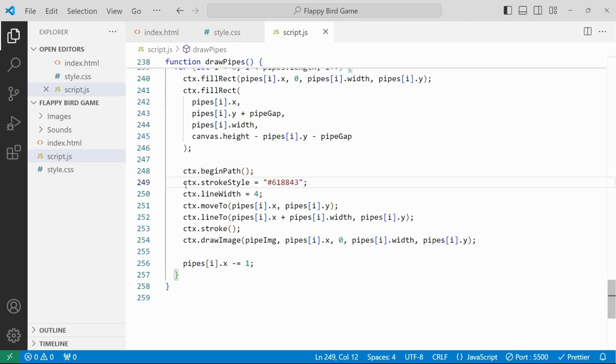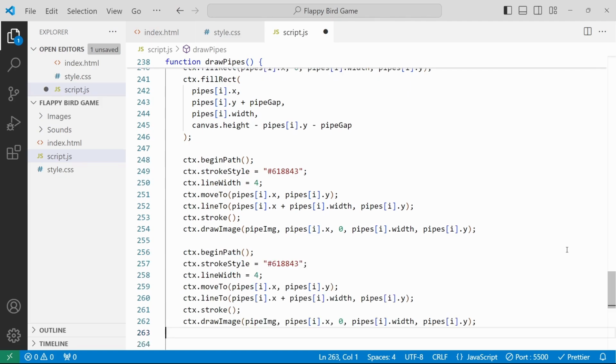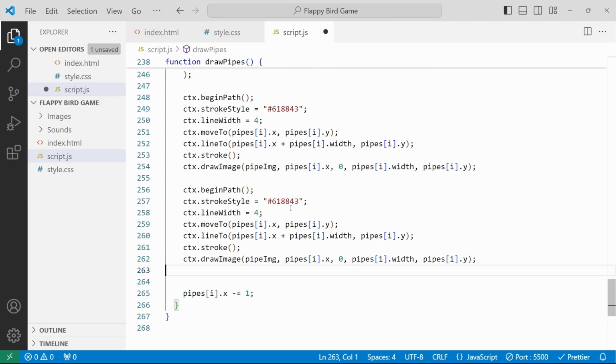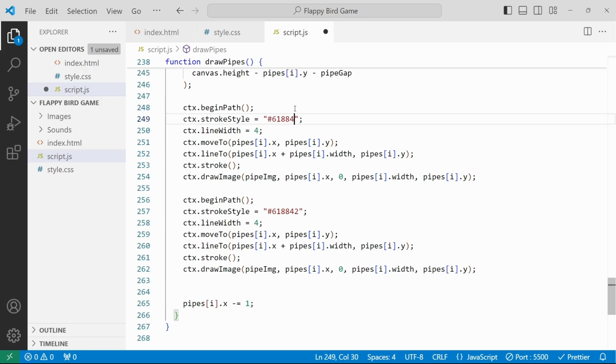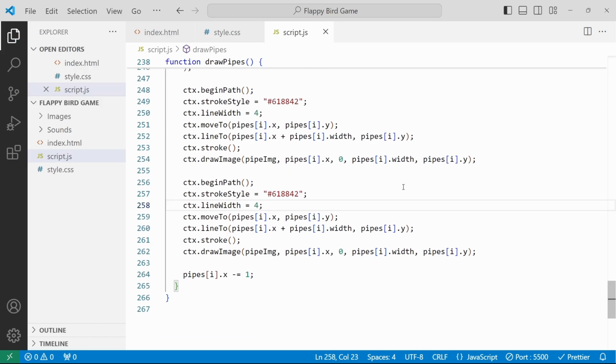So I need to create the bottom pipe also, same like this. So I will copy this and I will paste it next to this, same as begin path, and then color also same. I will use a little lighter, then line width also same. I need to move to, instead of this y, with pipe gap, and then same for the line to also, width of this, and then y from plus pipe gap, and then stroke is same, and then draw image of